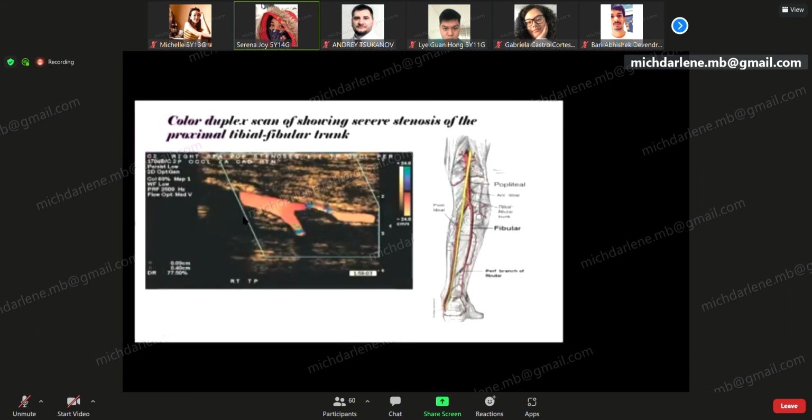And what does it mean, the red and blue color? Usually students answer to me in the classes, it's arterial and venous blood. It's wrong. This color shows the direction of blood flow: red color means toward the scanner, and away from the scanner it's a blue color. And here you see the Doppler color imaging.